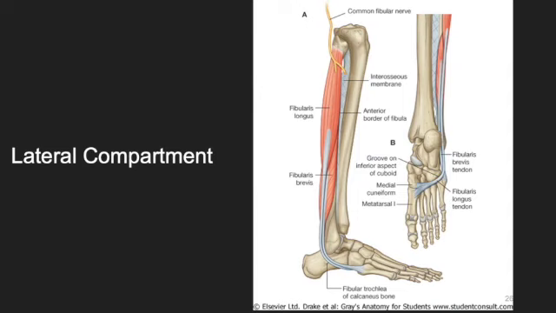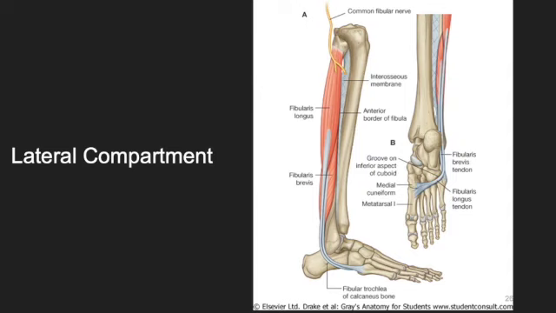That should give you a lot of clue, because what I want you to think about is, okay, if I contracted that muscle, if I pulled on the tendon from distal to proximal, what would happen? Well, obviously the ankle will evert, but it's also going to plantar flex a little bit too, because obviously we're posterior to the lateral malleolus. So we need to understand that. We need to understand how that muscle acts, and that's going to give us a lot of clue to what